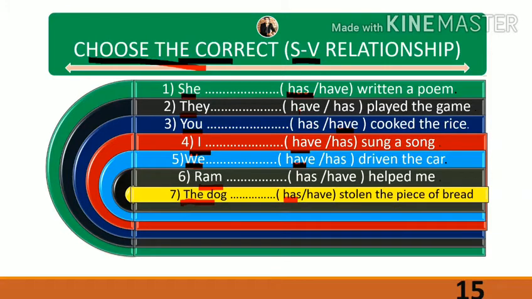So whenever you go through any kind of material, whatever you are learning, whether it is a question, a summary, or a story, just underline such words so that you can understand exactly where to make use of has and have, and where to make use of present perfect tense. That will definitely help you.